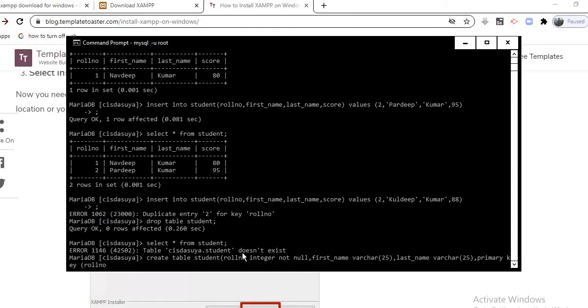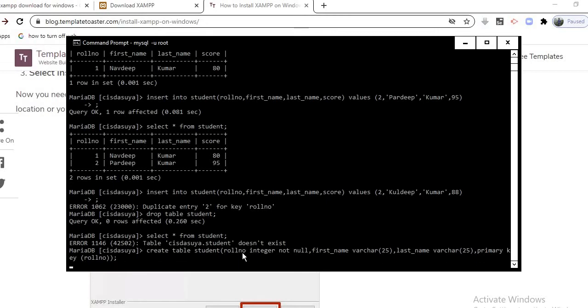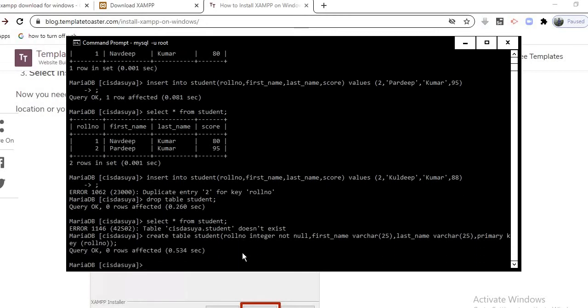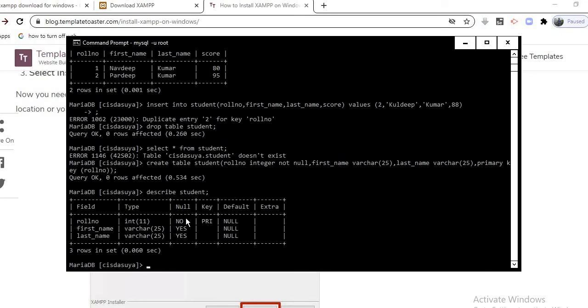Now you see the table is done. You can see the structure, and here in the structure the null is no, you cannot place null, and the key, this is roll number, is a primary key. Now what is the benefit of this one?